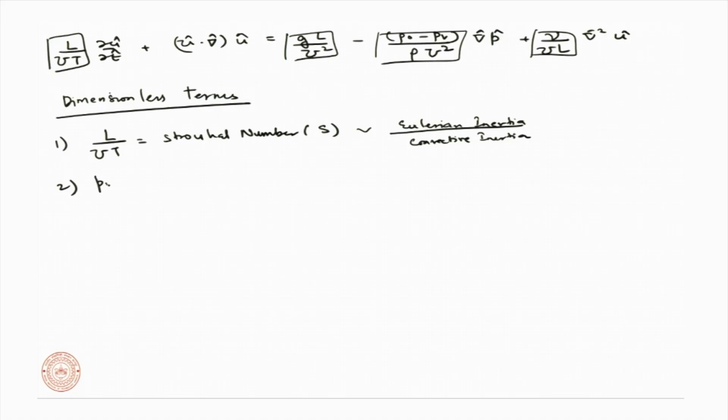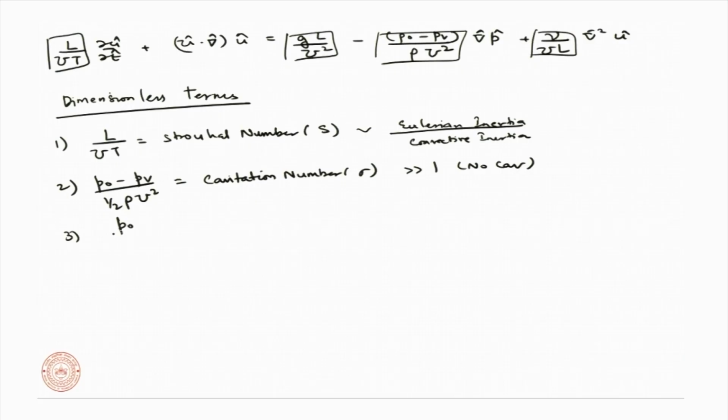The second one is (P naught minus P v) over half rho u square. So, you can multiply this by half and half on the top. This is called our cavitation number, sigma. If there is a pressure difference, and sigma is greater than 1, then there is no cavitation. If we just have one pressure normalization, and say we take P naught over half rho u square instead of P naught minus P v,